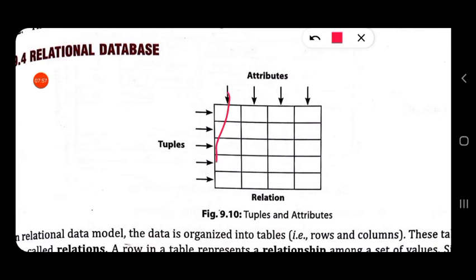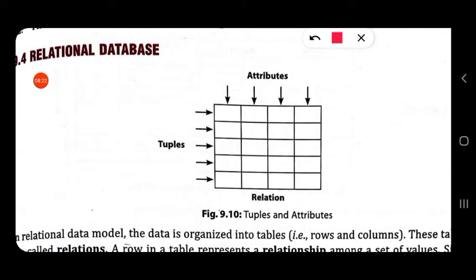So the data type of a particular column is always the same. But in a row, name is of a different data type, roll number is of a different data type, age is a different data type, marks is a different data type. For a column, the data type is the same.